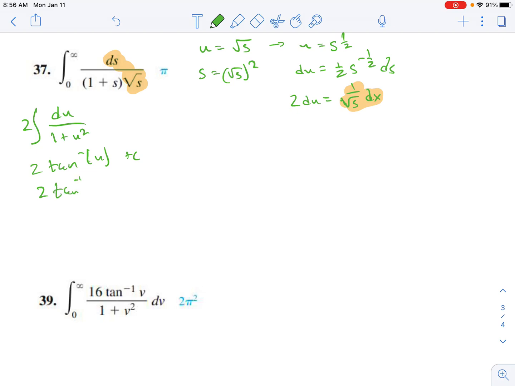2 times the inverse tangent of square root of s, evaluated from 0 to a, and of course we're putting a limit on this now. A goes to infinity. And so the limit as a goes to infinity of 2 times the inverse tangent of the square root of a minus 2 times the inverse tangent of 0,